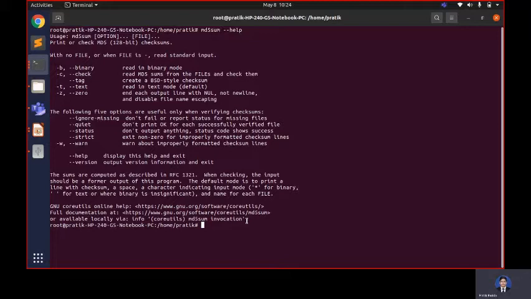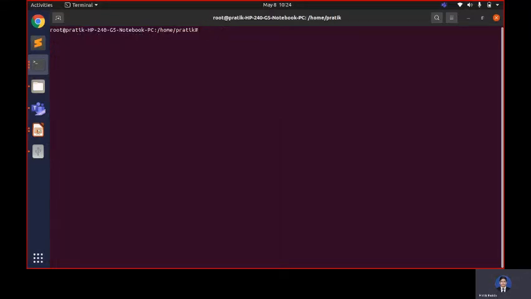Like before transferring any file from one location to another location, we check whether the file is transferred perfectly or not. Before transferring, we create an image file and a checksum file. After transferring, we create another checksum file from the different location, so that we can compare both of them to check whether they are similar or not. In this video, we will learn to create a backup and verify whether the data is backed up or not using md5sum.